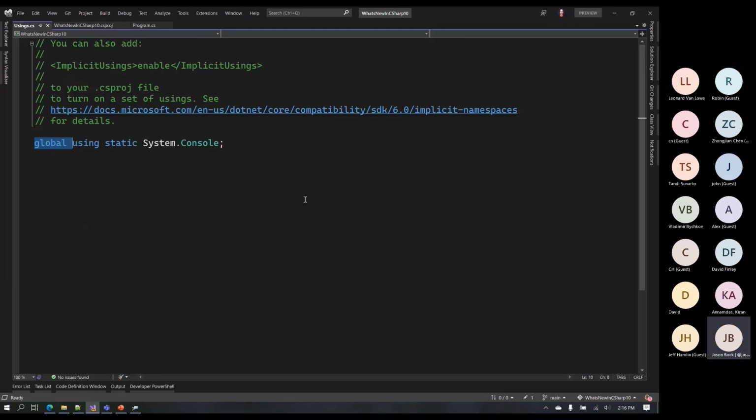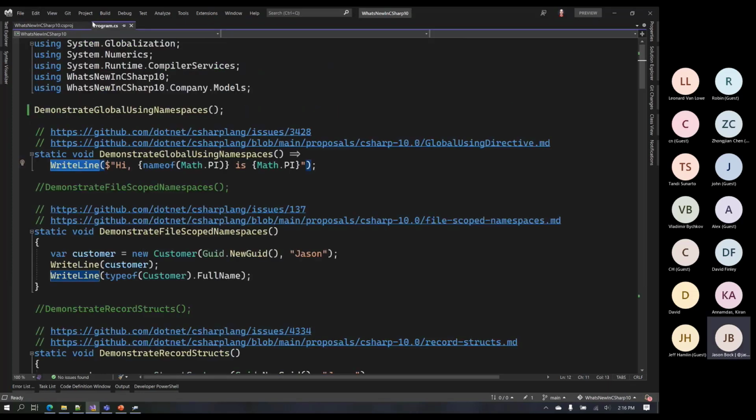Let's move on to the second one, which is file scoped namespaces. When I was out raking my leaves before, I think the last talk was all in C# 9.